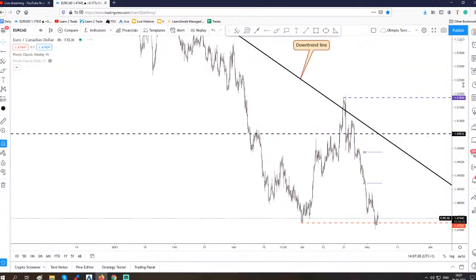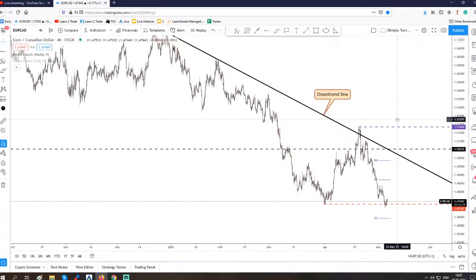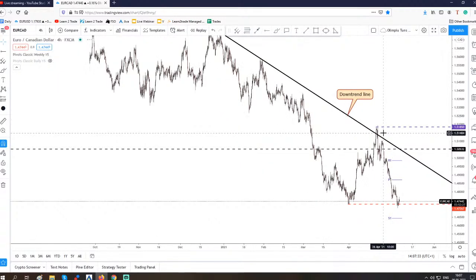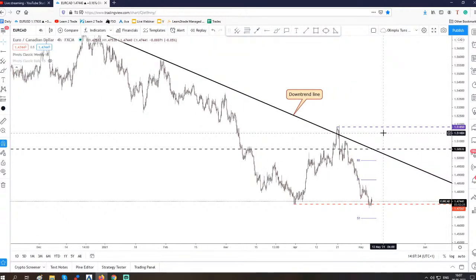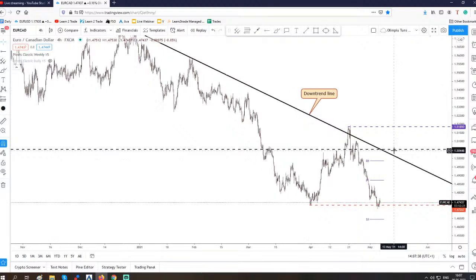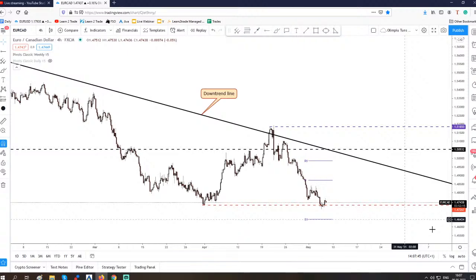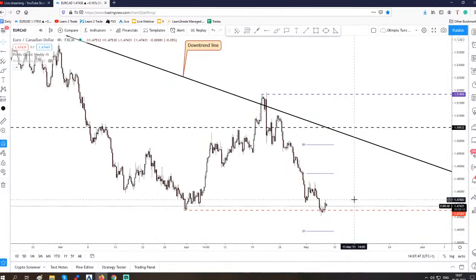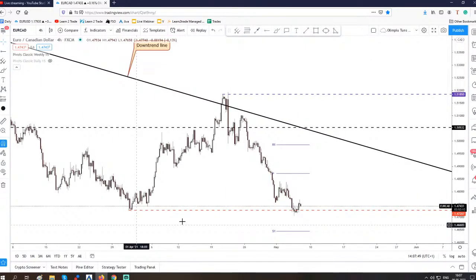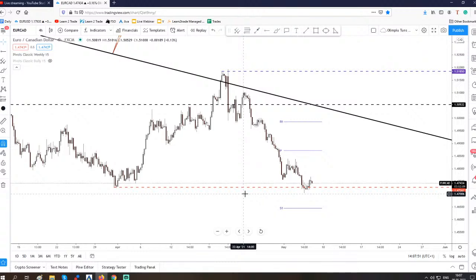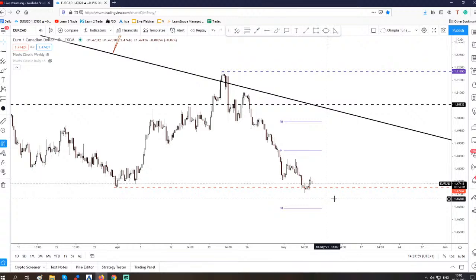As I've told you earlier, the Canadian dollar is still strongly bullish in the short term, and as long as the price stays right below this downtrend line, we may have only a temporary rebound here, but right now we don't have a bullish reversal signal here. We had a false breakdown, but we didn't have a false breakdown with great separation, a major bullish engulfing,